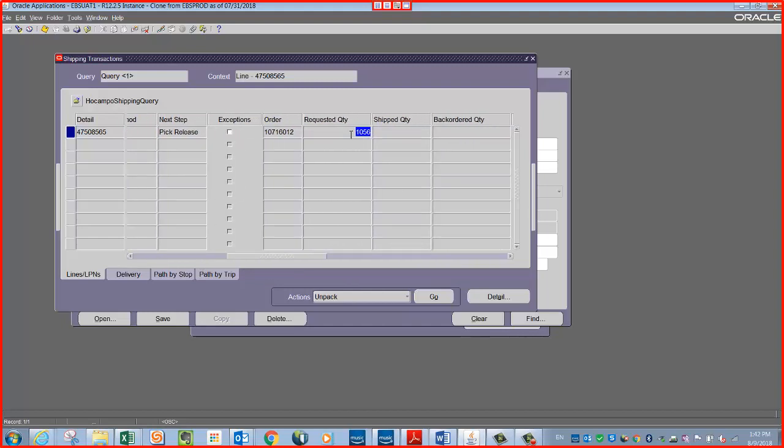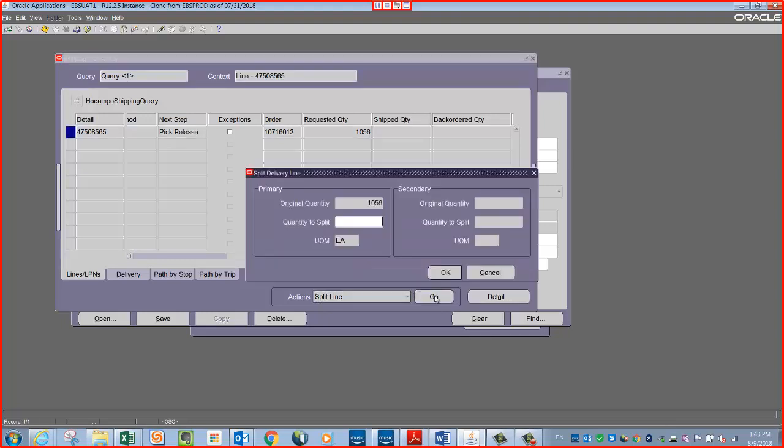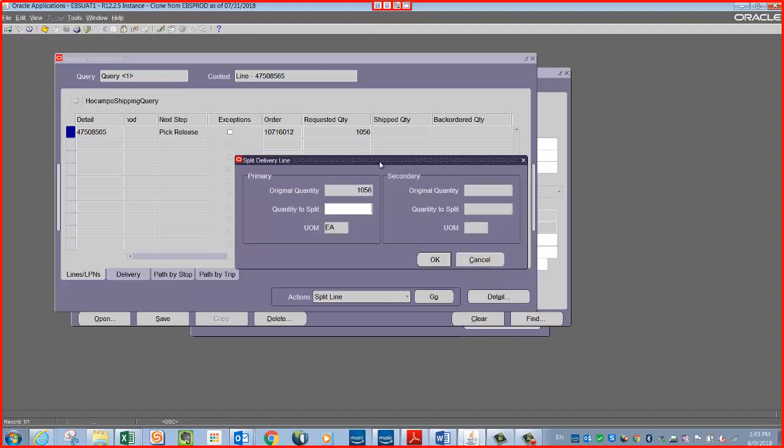Okay, so in this example, we're going to split this quantity into two shipments, and two lines, I'm sorry. To do that, you select your line details and go to actions, and you'll click and select split line. Once you select the split line action, you click go. The system will open this